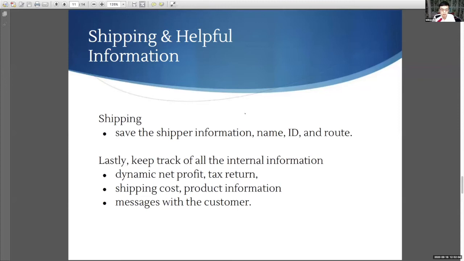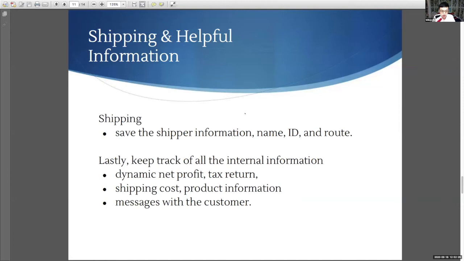And here I'm Yushen Pu, or William Pu, speaking. For the shipping and other helpful information for the company, we also want to keep shipping records, such as the name of the shipping company. And we also give each instance of shipping a special ID. We also want to keep track of the route for future data analysis purposes.